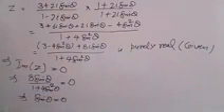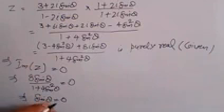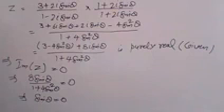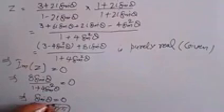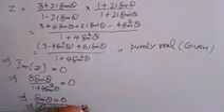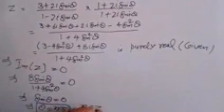Then theta will be 0 degree. But you should not write 0 only, because 0 is just one solution. You have to write the general solution, as you well know in trigonometric equations. This implies theta is equal to n pi, where n belongs to Z, meaning n is an integer. Theta is equal to n pi, and this n is Z.